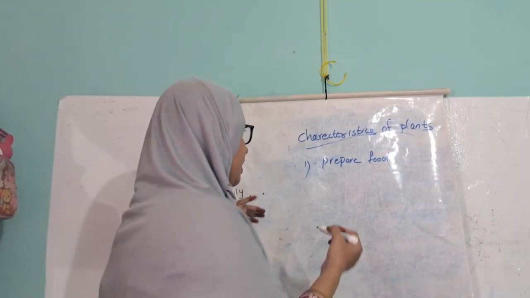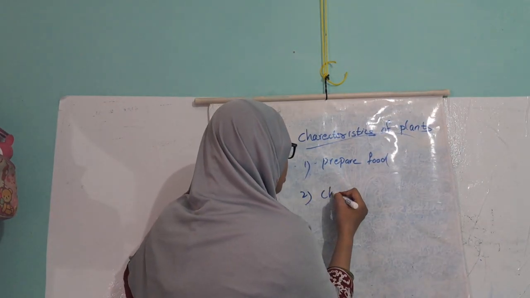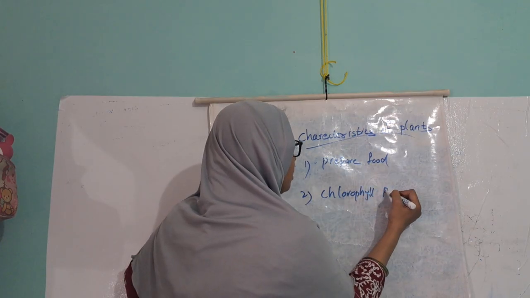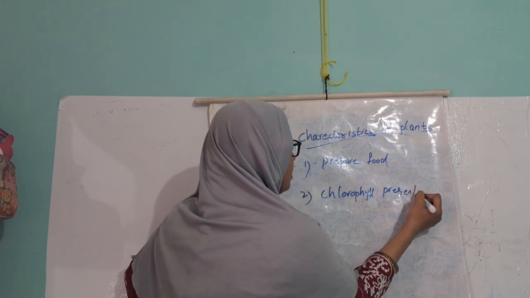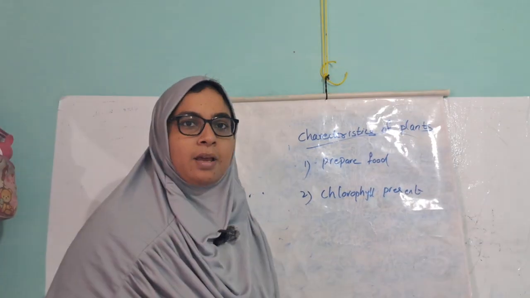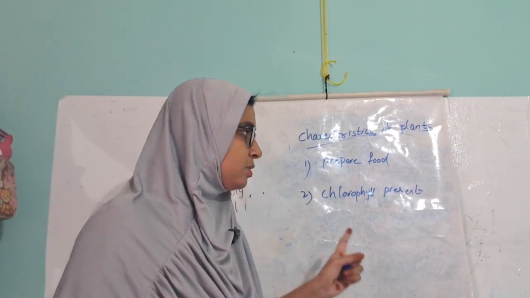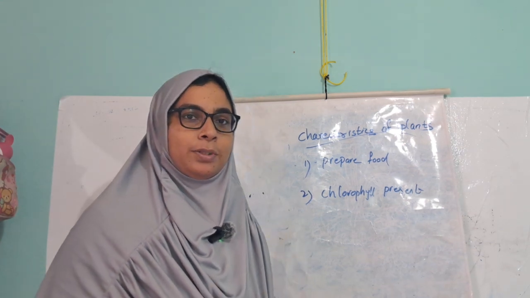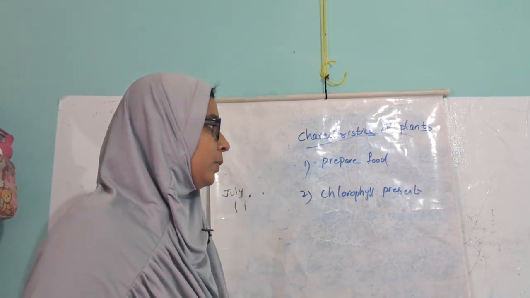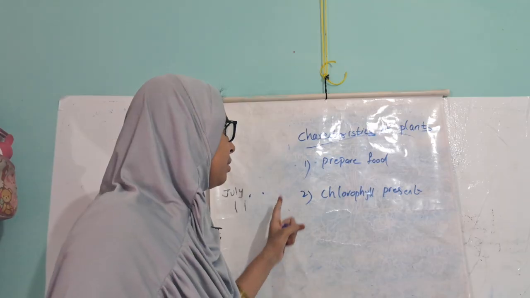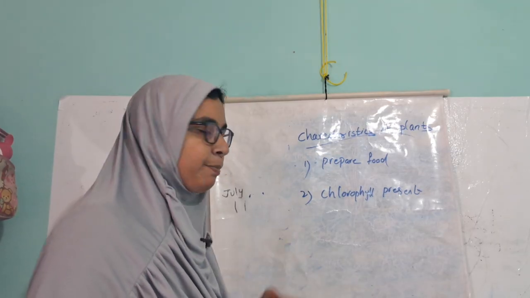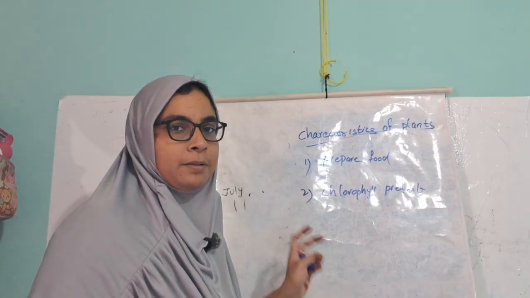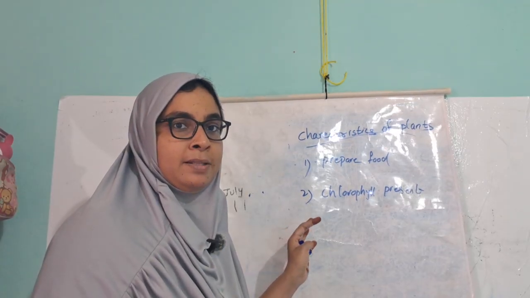Next, they have chlorophyll. Plants have a green color pigment that is called chlorophyll. Through this, the plant prepares its own food. So, the first point is they prepare their own food. They have chlorophyll. And the third one is plants